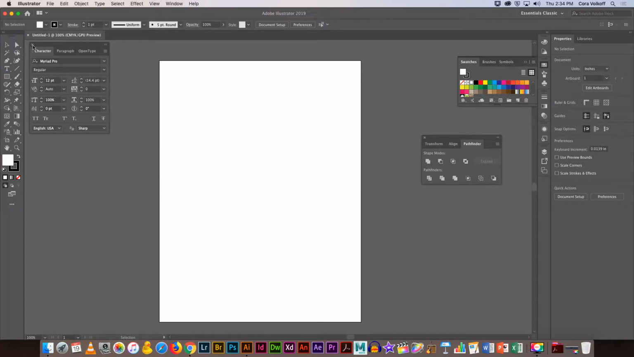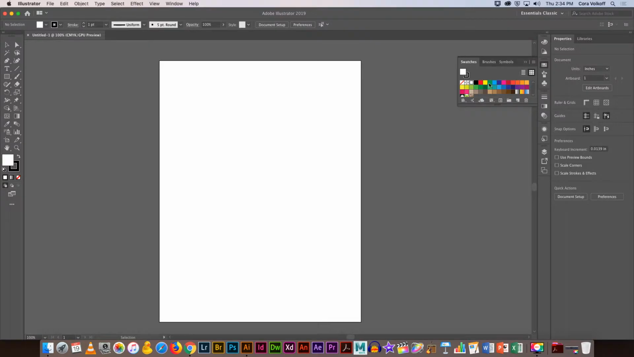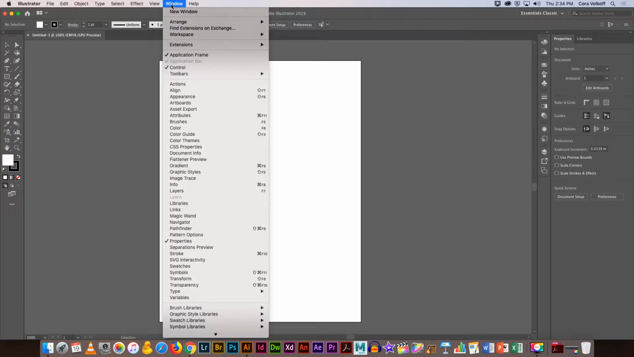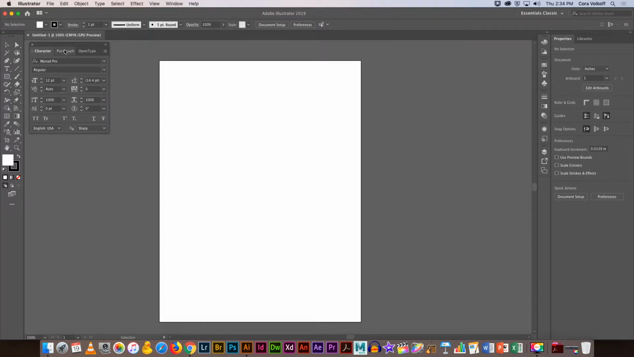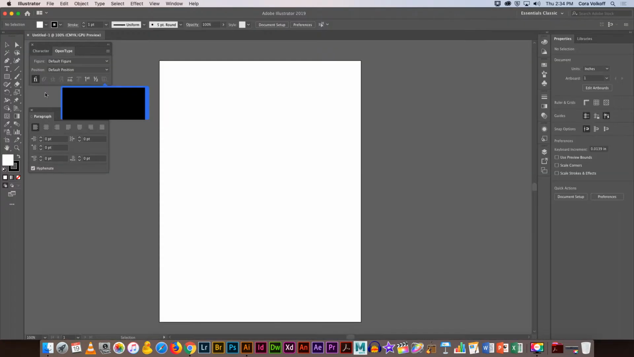So I don't know what you have open, but what you're going to need for this, we're going to get ready. You can go to Window, Type, Character, and we need Paragraph. But I'm going to take this Paragraph tab and just pull it out of that window so that I can have